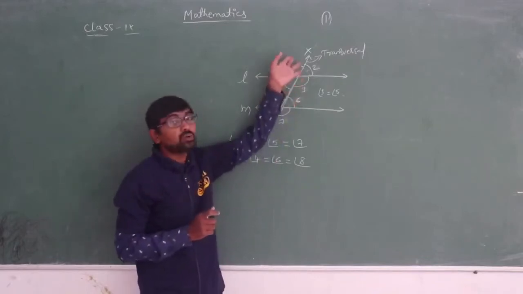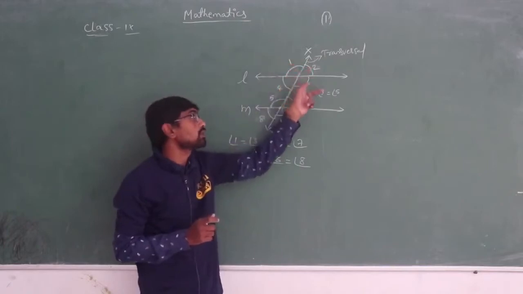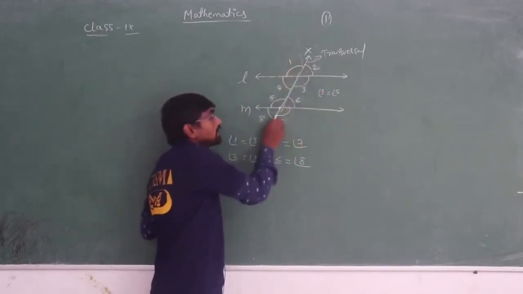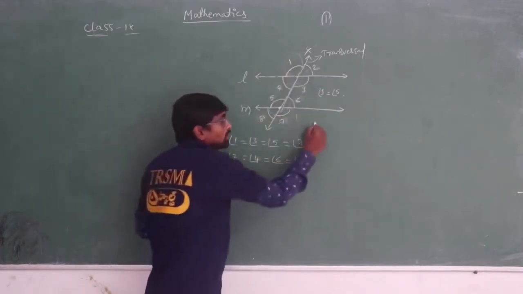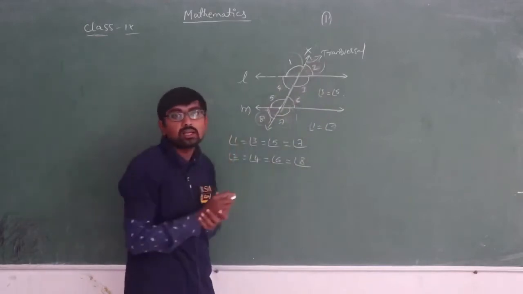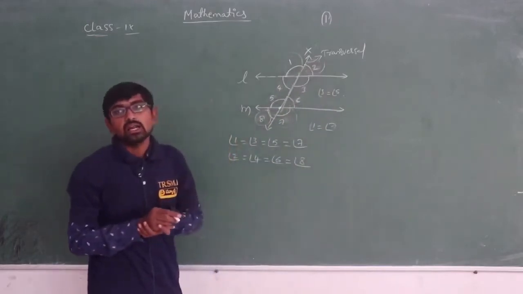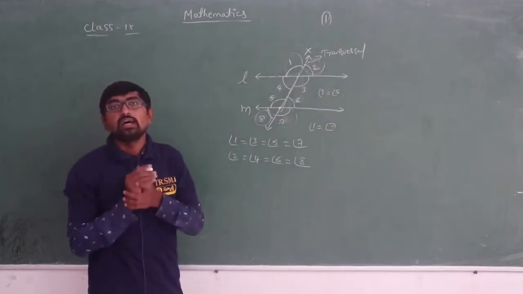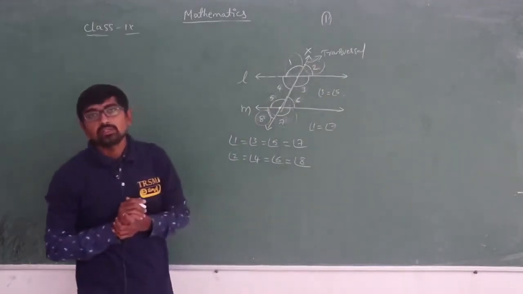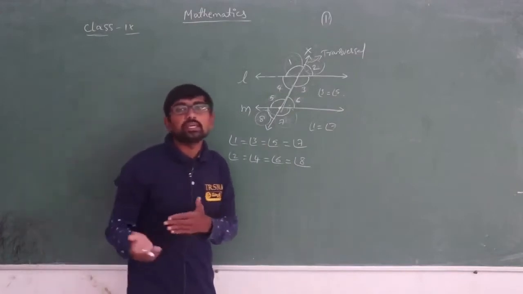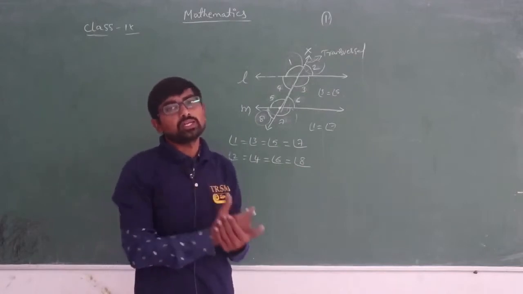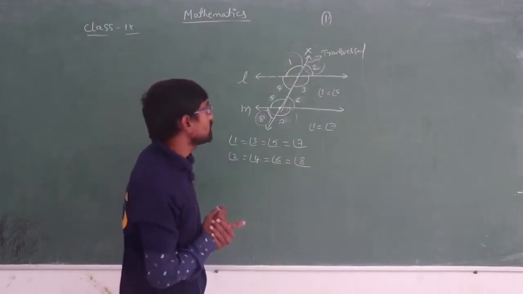Similarly, if I take the outside angles, this is 1, this is also 1, indirectly I am telling that this angle and this angle are equal. Angle 1 equals angle 7. Similarly, angle 2 is equal to angle 8. Why? Because they are alternate exterior angles. This is how we name such types of angles: interior, exterior, alternate interior, alternate exterior, adjacent, corresponding, vertically opposite.